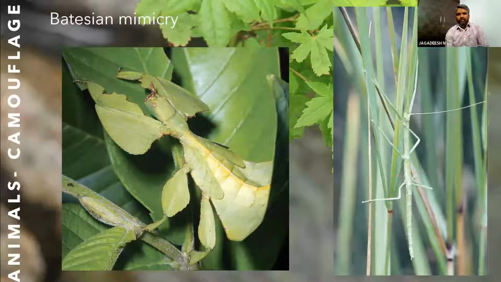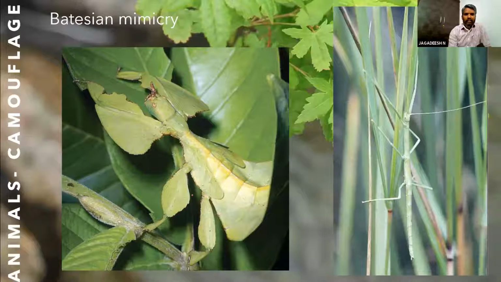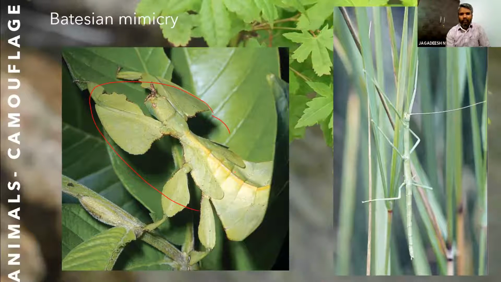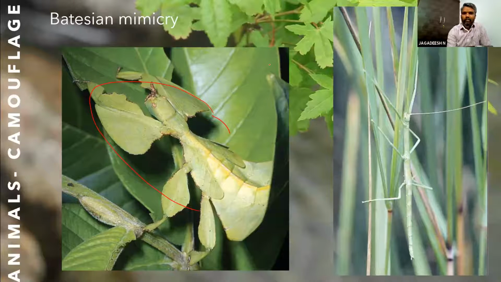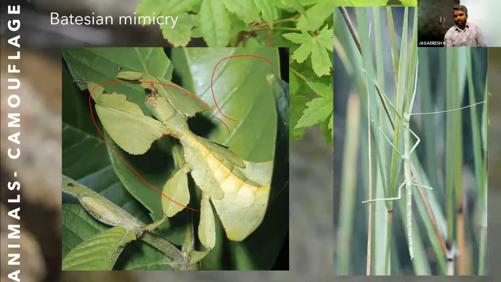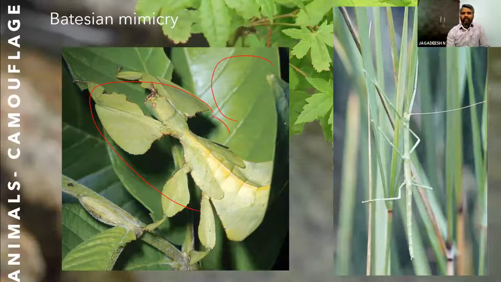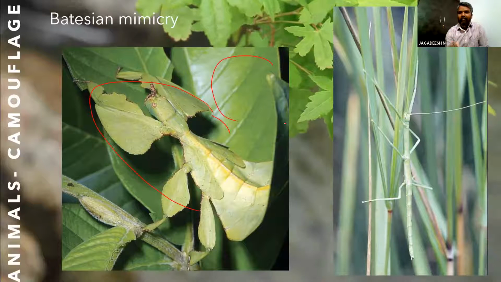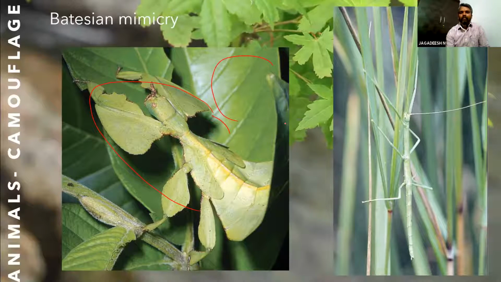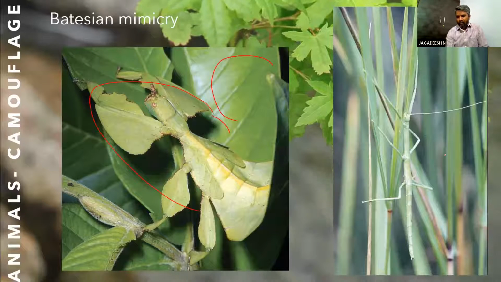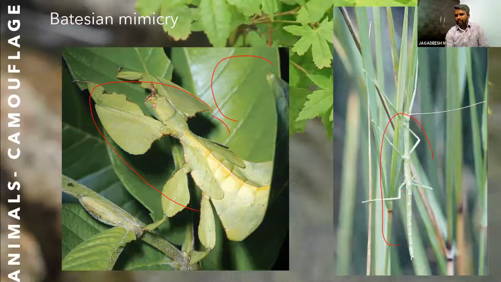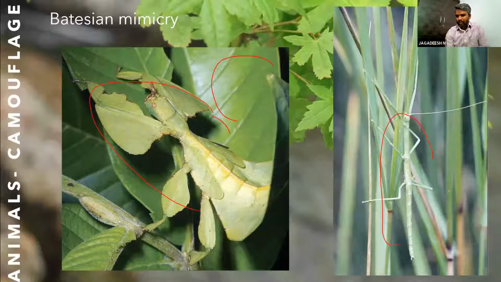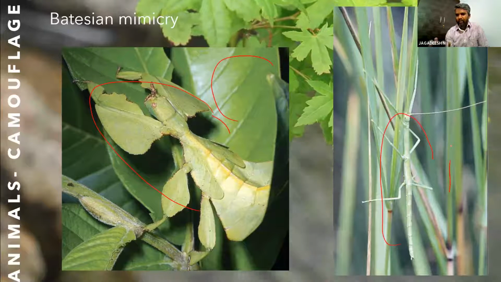So seeing these pictures here, this type of insect has the same shape and size as the leaves in which it is living. So this tactic will deceive the predator from preying on it. This is one type of locust, where its body is exactly like the twigs of a grass.